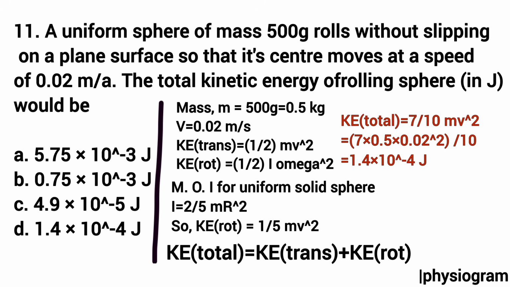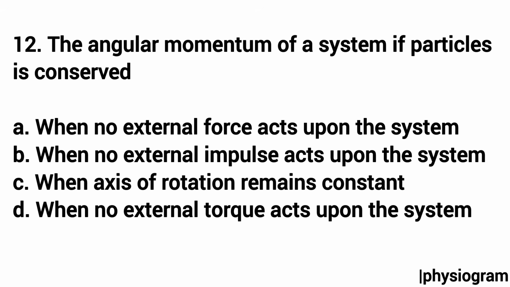Here 0.5 is the mass converted from gram to kg, and 0.02 is the velocity. So we'll get the final answer as 0.00014 joule. So the final answer will be option number D, that is 1.4 × 10^-4 joule. Next, question number 12: the angular momentum of a system of particles is conserved, option A, when